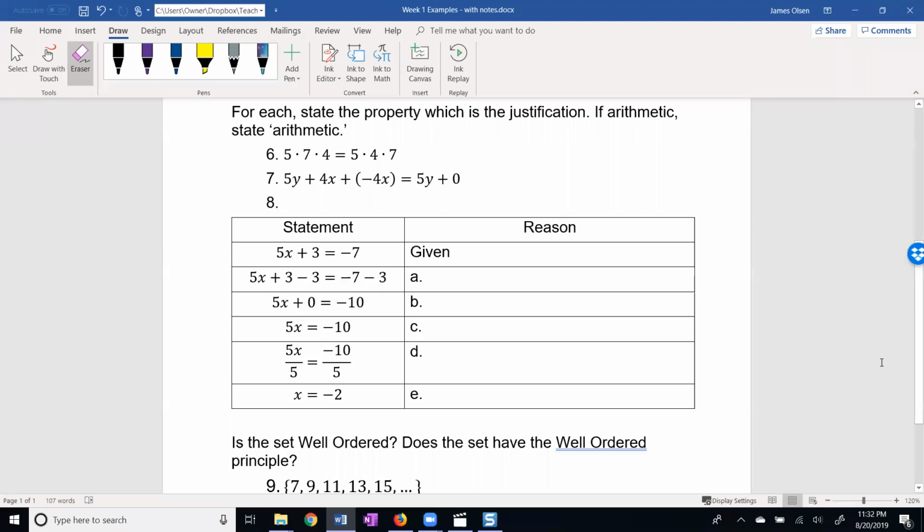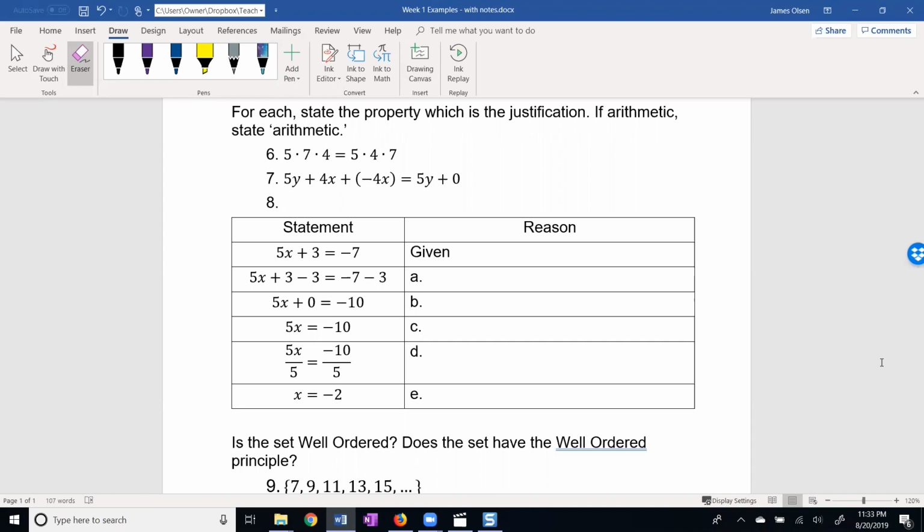Now I'd like to do some example properties. In questions 6 through 8, we're supposed to state the property, which is the justification. If it's arithmetic, like 2 plus 3 equals 5, just state arithmetic. So let's look at number 6. Number 6 says that 5 times 7 times 4 equals 5 times 4 times 7. What we need to do is analyze this and see what has changed. 7 times 4 has been changed to 4 times 7. This is the commutative property